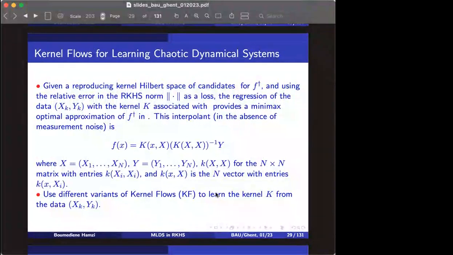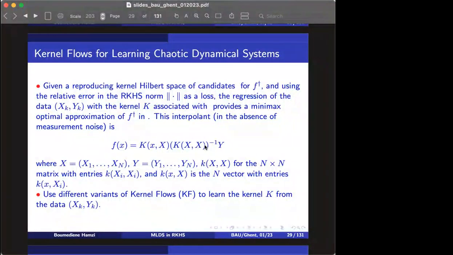Yeah, so given what I mentioned before about approximating an unknown function from random samples, we know that this problem can be approximated with F dagger, K(x, X) K(X, X)^-1 y, and then we add the regularization term here. And so here we reformulated the problem of Kernel Flows by